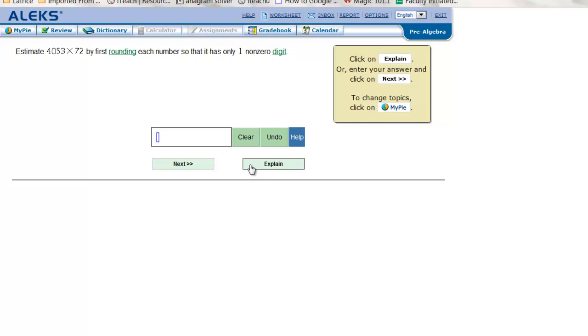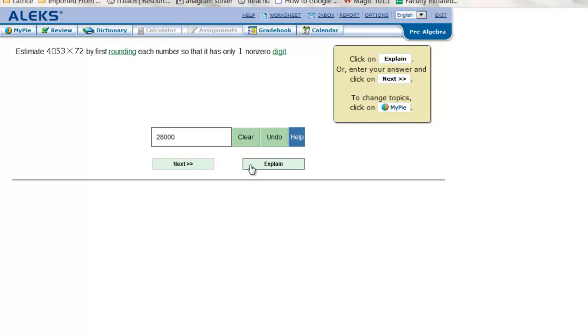Okay. Now your grade in ALEKS is based on this pie chart. Okay. And I'll talk a little bit more about the pie chart in just a second. But basically, when you log in, you're going to go to your pie and pick a section that you haven't mastered. It'll take you to something that looks like this, where you're going to want to answer the question. Okay, so let's say I want to answer this one, and I'm going to round off and enter my answer